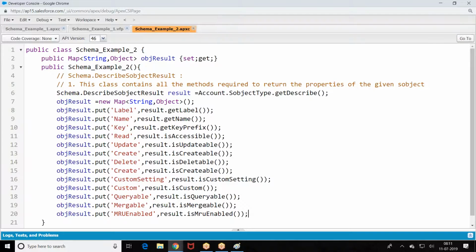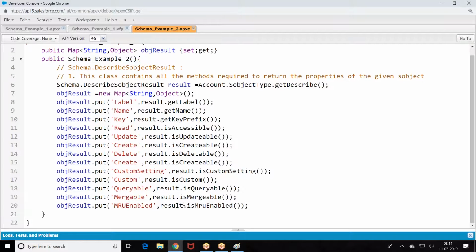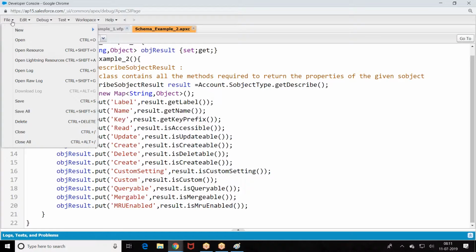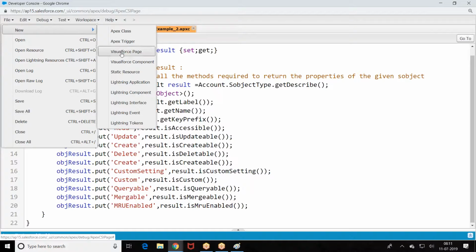This is how I create it. Now, we are trying to get the properties of an object and we are applying the functionalities. Get the properties of an object and get the functionalities. Now what I am doing, go to this VF page.